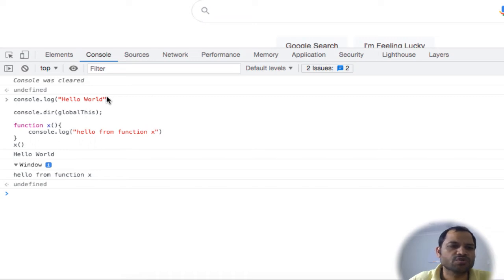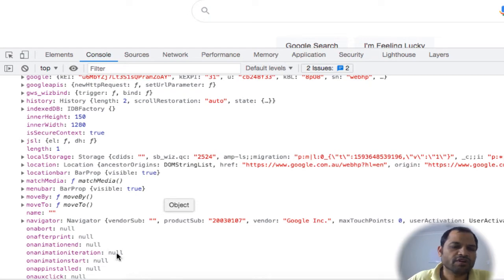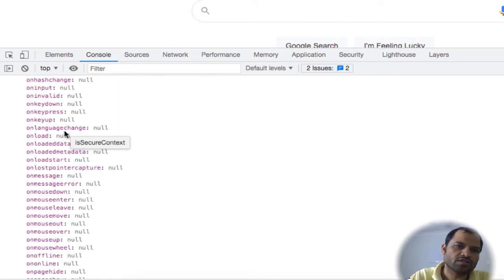Node.js also uses the V8 JavaScript engine, and the Chrome browser also uses the V8 engine, so you can use either of them. Mostly, if you're working on the front end side of the application, then most probably you would like to work on the Chrome browser console. And if you are working on the back end of the application, then most probably you will be working in